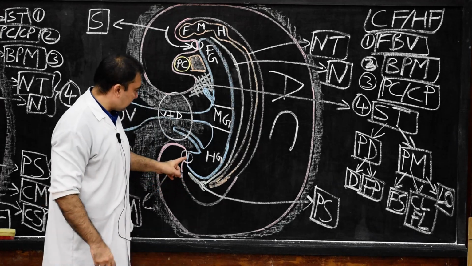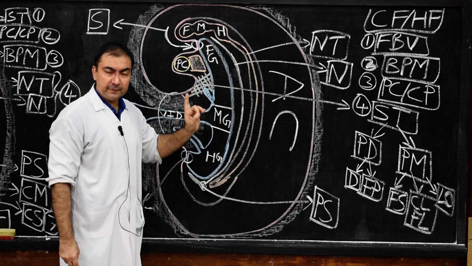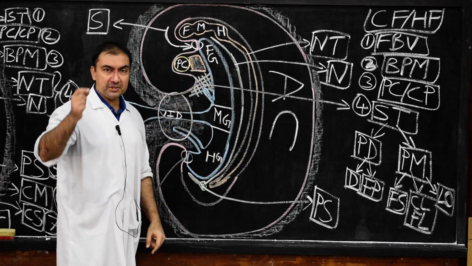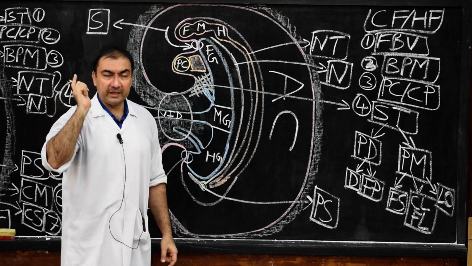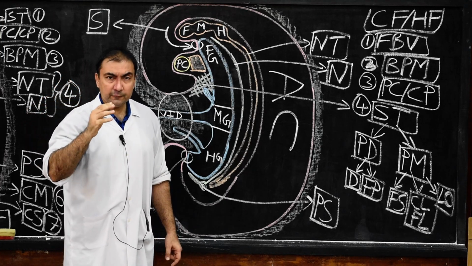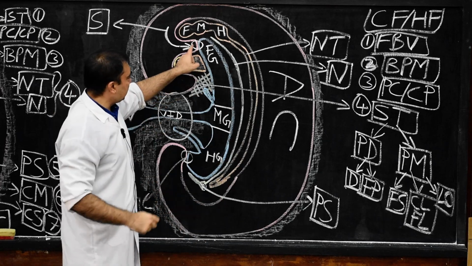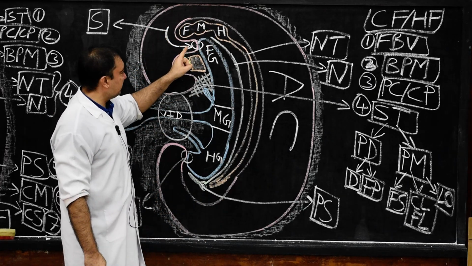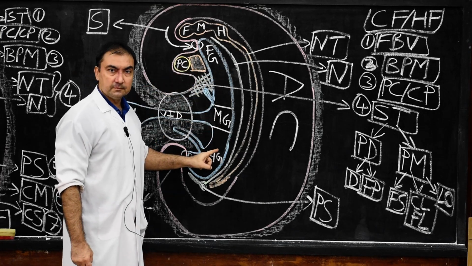Before we understand the tail fold, in the head fold which we have finished, note down that the buccopharyngeal membrane will rupture in the 4th week. So by the end of the 4th week, the buccopharyngeal membrane will rupture and amniotic fluid which is there in the amniotic cavity will enter the gut tube.